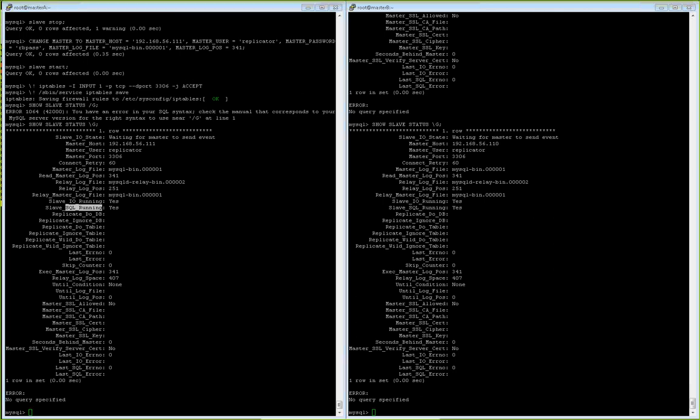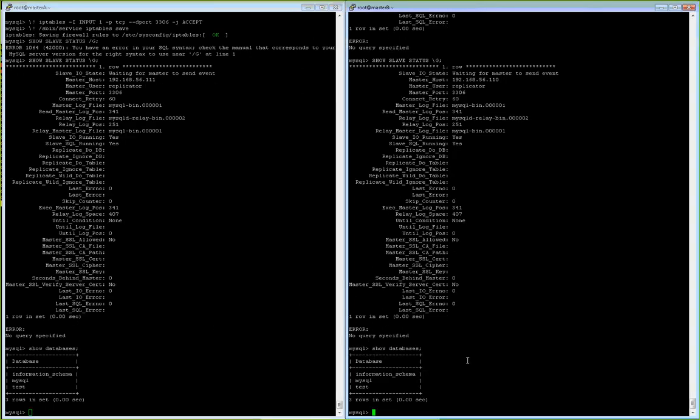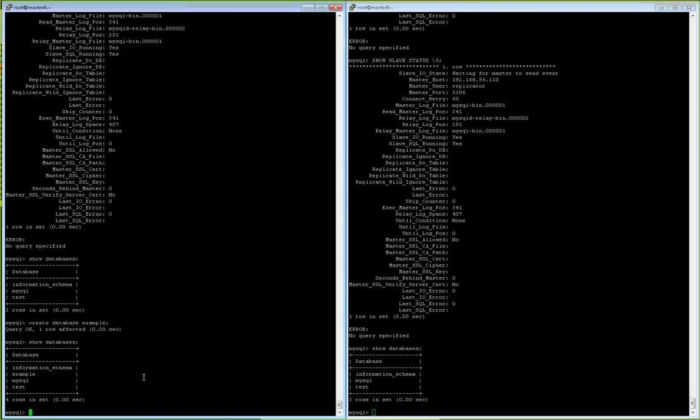So now if I type in show databases on both sides, you see only this much. Now I'm going to create a database called example. If I press two up arrows and press enter, I see something called example being presented here. Now if I were to show databases, if the replication were to work properly,